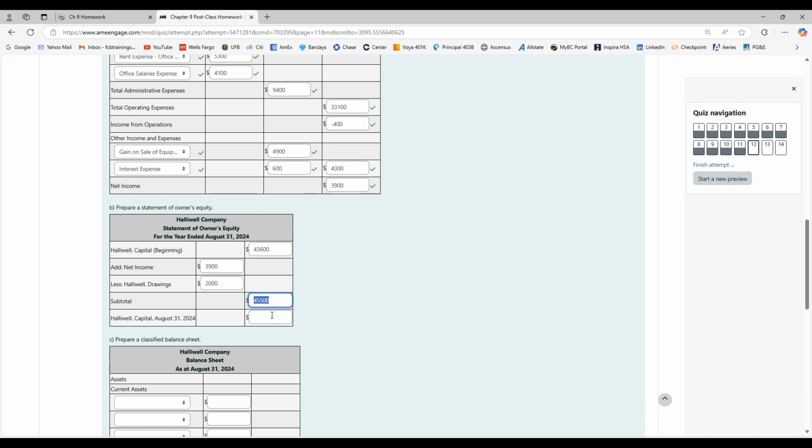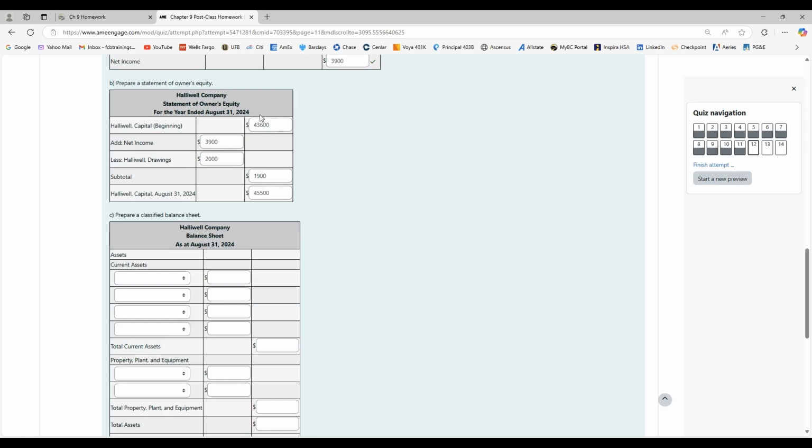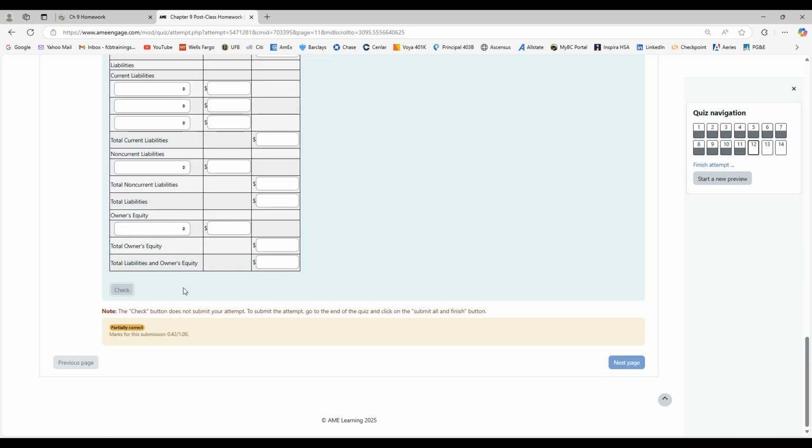Oh, that's the total. The subtotal is just these two, which is 900? No, 1,900. And then 43,600 plus 1,900. I don't know, let's check ourselves. I think that math works, but